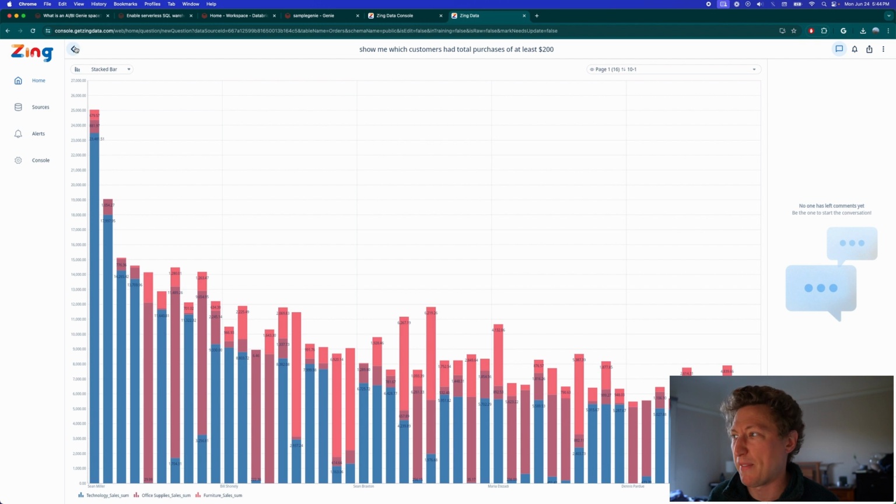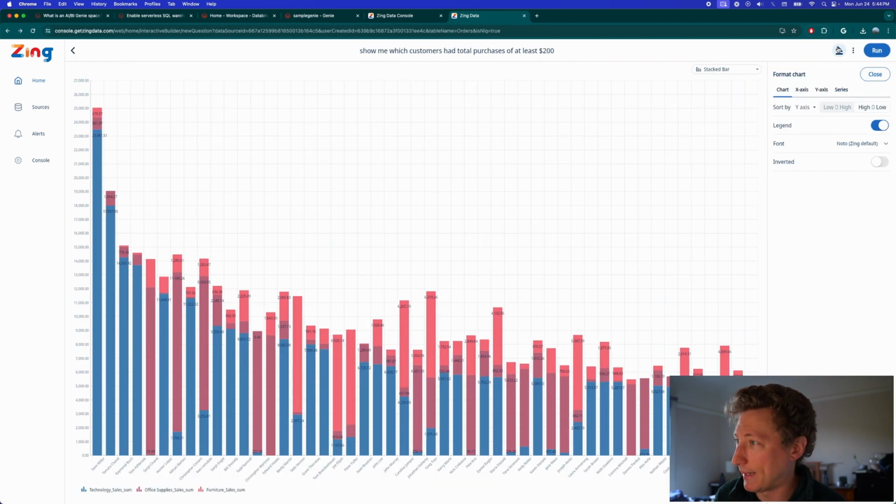If I'd like, I could do things like go back, and remember how we couldn't change the ordering when we were in Databricks. Here I could easily say I want to order